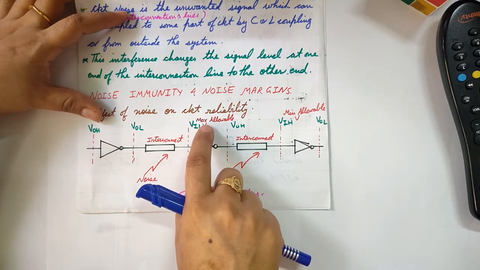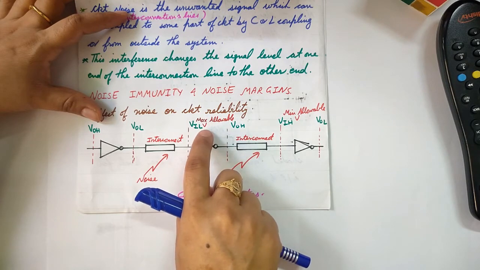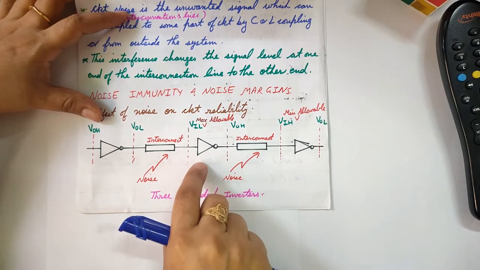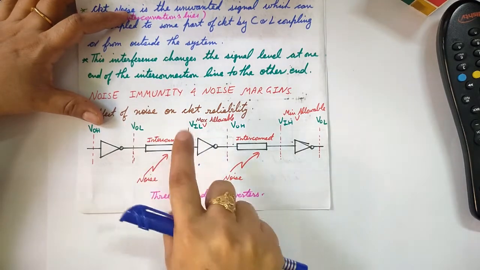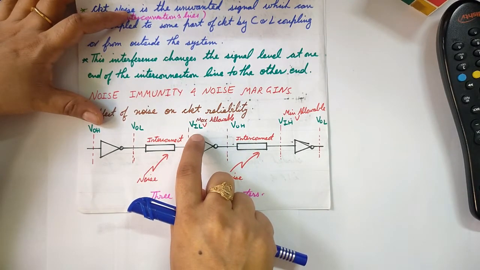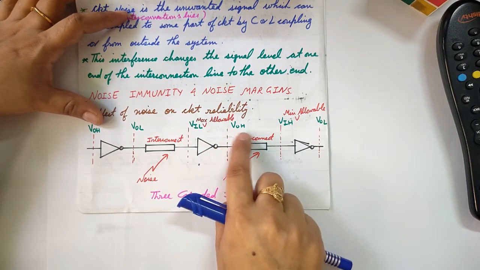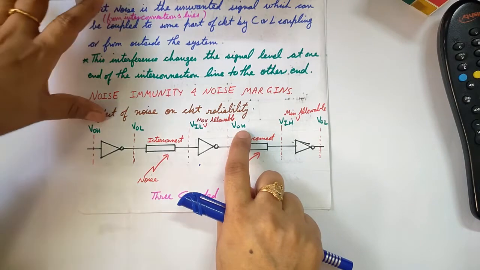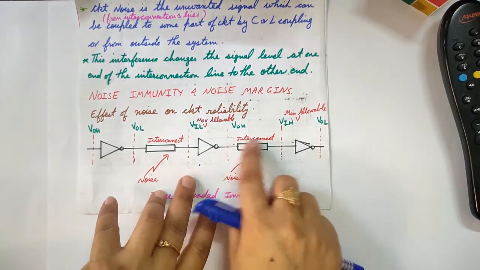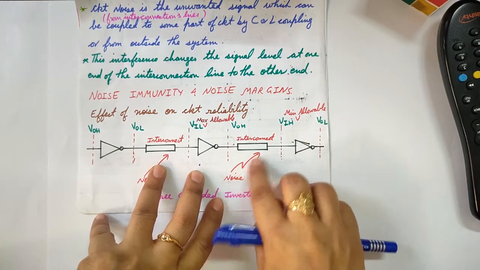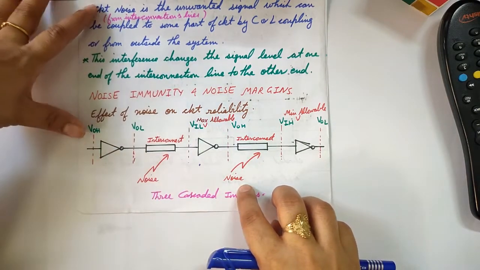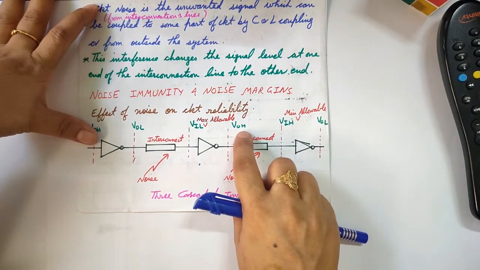And that's why it is written maximum allowable voltage at the input of second inverter. Now here it has moved till VIL. So VOL increases to VIL, but even then it is logic 0. It will get a logic high at the output of second inverter. Now this VOH is further given as input to the third inverter by means of this interconnect. And this VOH is also being disturbed by this noise and corrected by this noise. So this VOH can increase as well as decrease.